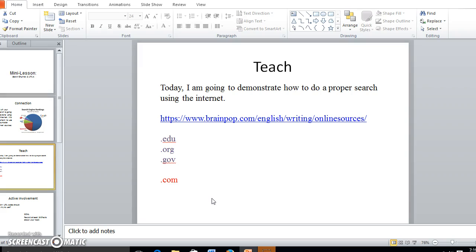The teacher is demonstrating how to do a proper search using the internet. Now, BrainPop is a wonderful resource if you have access to BrainPop. But if not, then I would go ahead and demonstrate. I would show the students, how do you get to the internet? Where is the search bar? You can go to Google, and then you may type in your question, and then all these websites are going